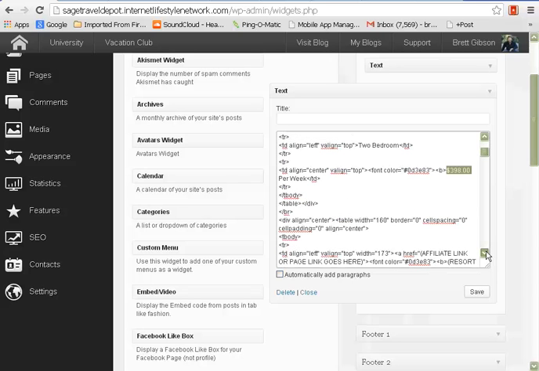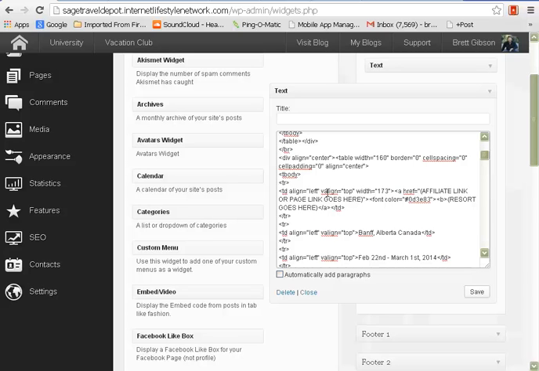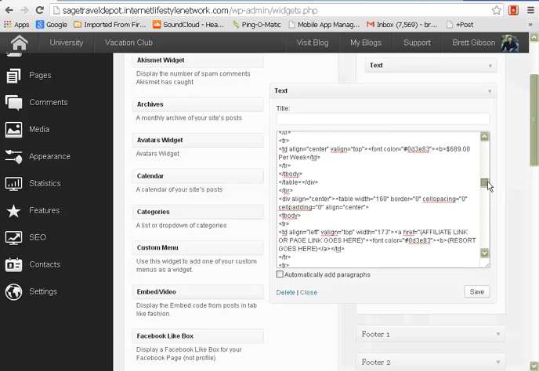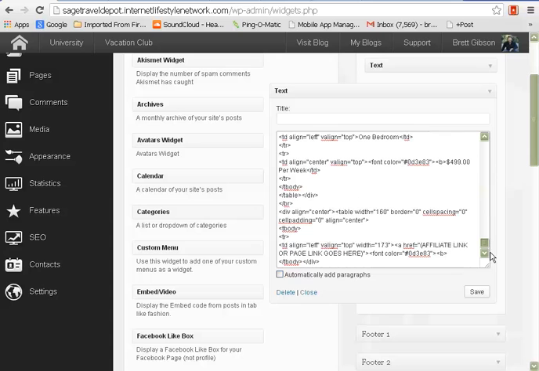And all you do is you come down. Actually, that's the first resort. And then you come down here. Anytime you see this, I'm getting a little techie here, but you just keep coming down through here, and then here's the start of your second one. This is the start of your second resort with the same information. You just go down through here and change all that information all the way down. This is at the end. You can see all this, and then you just hit save,